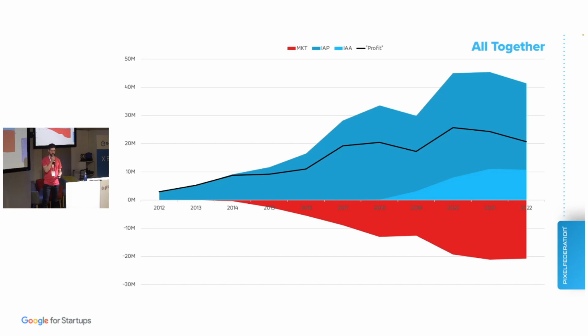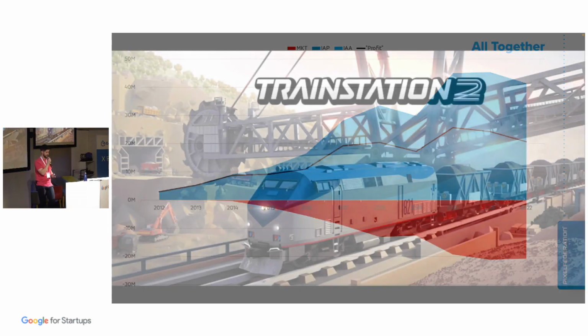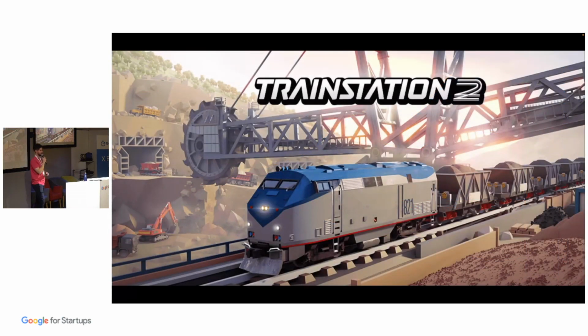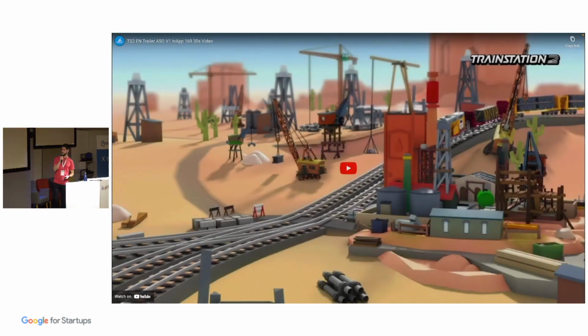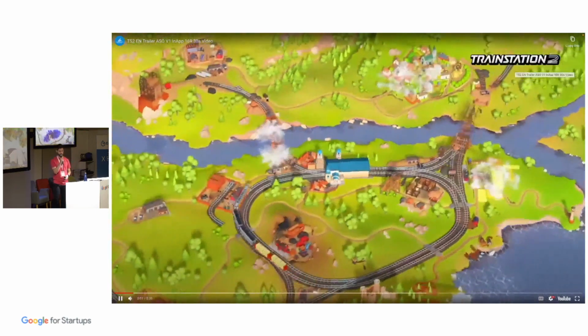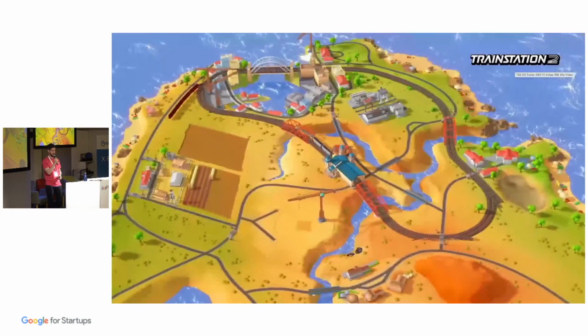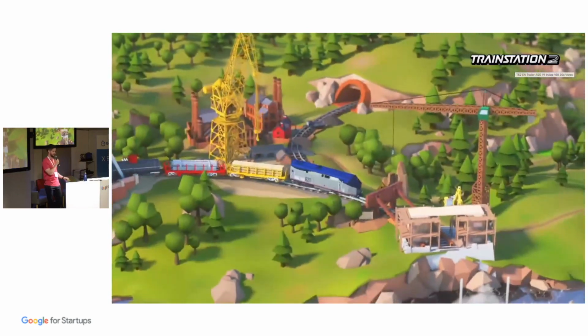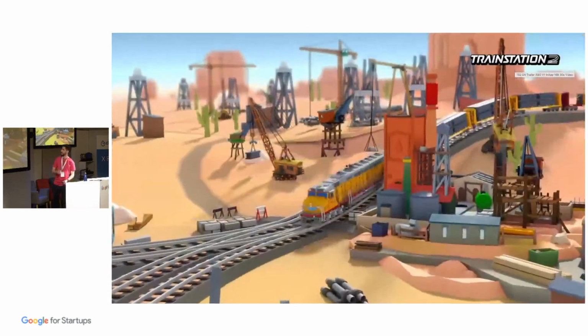The biggest reason why we grew was COVID, but also the release of one of the titles that I'm going to talk about a little bit more, Train Station 2, which is our current flagship. It takes most of the marketing budgets and is generating most of the revenue currently. It is a transport tycoon simulation game. I'll show one video of how it looks, an ASO video from the store. Not the newest one, but I guess you'll make the most out of it.